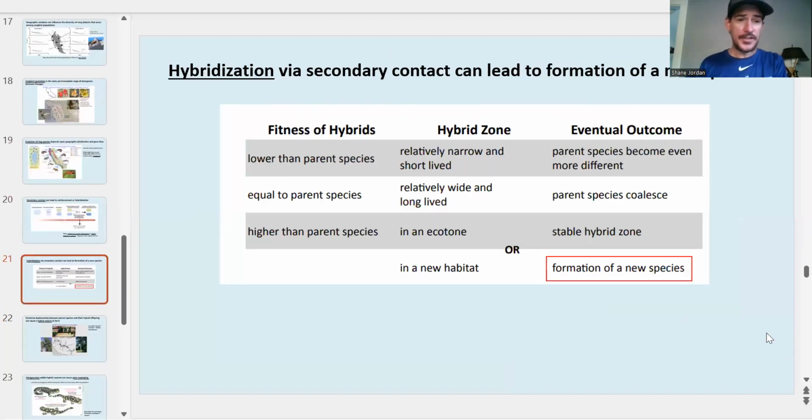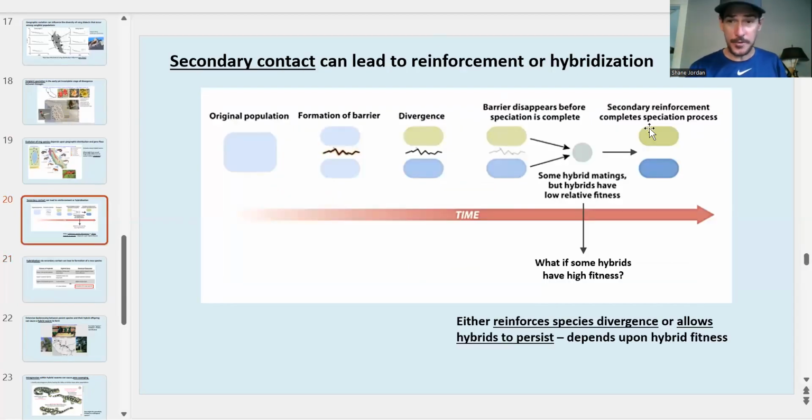And hybridization via this thing we call secondary contact can really lead to the formation of new species. And so we can look at some different factors here: hybrid fitness, the characteristics of a hybrid zone, and then we can look at what the potential outcomes of these hybrid offspring are. And so if the fitness of the hybrids is lower than that of the parent species, and a hybrid zone is really small, that is to say, narrow, short-lived, probably the parent species will become even more different from one another over time via this process of reinforcement,